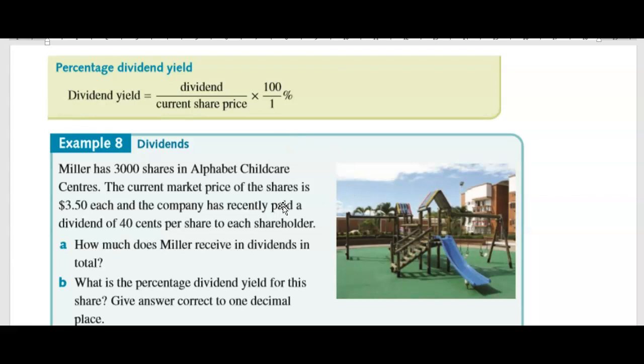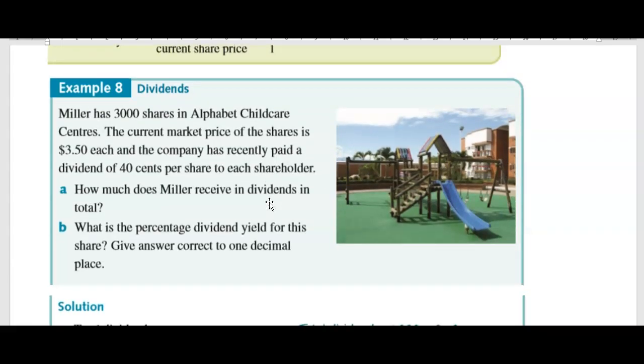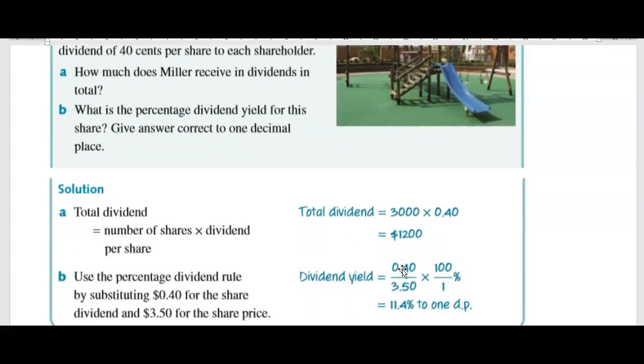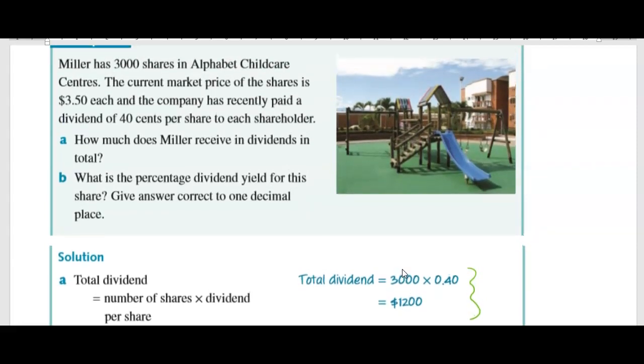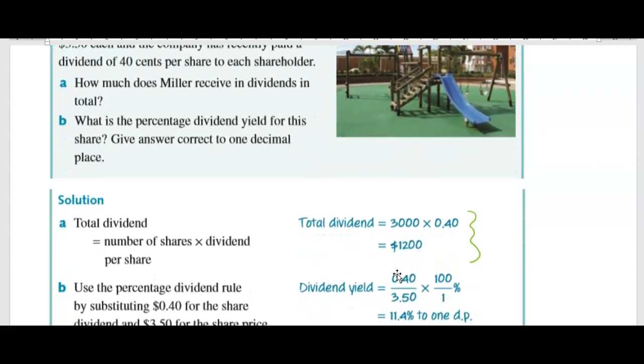All right, last question. Let's have a look at the example first. So Miller has 3,000 shares in Alphabet Childcare Centres. The current market price of the shares is $3.50 each, and the company has recently paid a dividend of 40 cents per share to each shareholder. How much does Miller receive in dividends in total? So just looking here, Miller has 3,000 shares, sorry, and 40 cents per share. So 3,000 times 0.4. So the total dividend is 1,200,